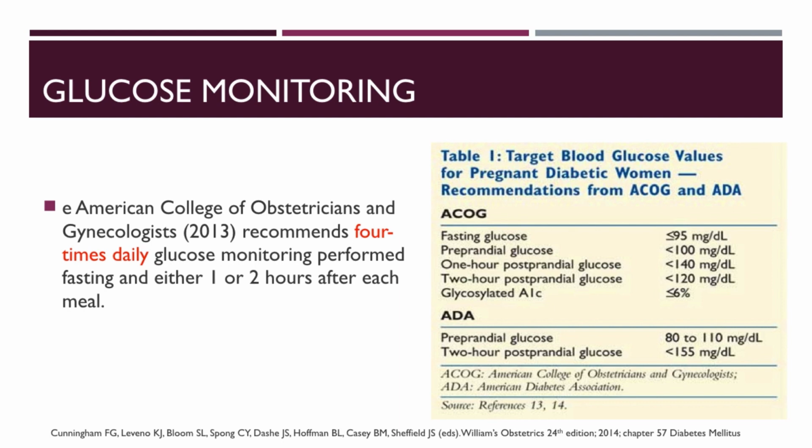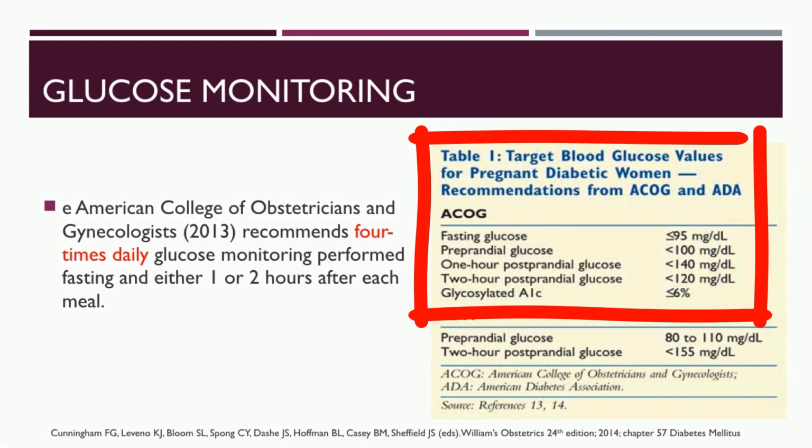And the table here shows us the target blood glucose values for pregnant diabetic women. So we have fasting glucose that should be less than or equal to 95 milligrams per deciliter, a 1 hour postprandial glucose of less than 140 milligrams per deciliter, and a 2 hour postprandial glucose of less than 120